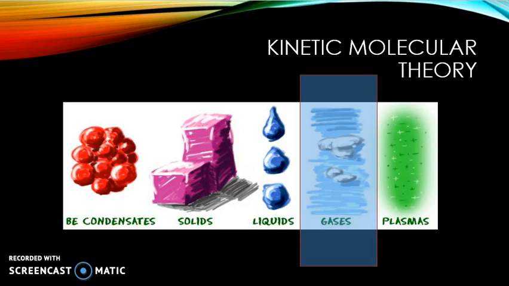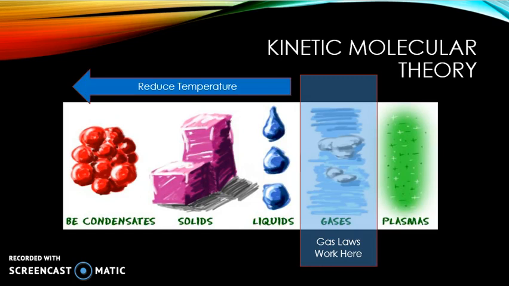Essentially, in this zone only, the gas laws will actually work. So under different sets of conditions, which we're going to call extreme conditions, the gas laws will fail to work. And this is all according to kinetic molecular theory. So there's a couple different ways that we can make a gas not a gas anymore. First of all, we can manipulate temperature. If we reduce the temperature enough, we'll slow the molecular motion down to the point where they will attract one another. Those intermolecular forces come back into play. And you could create a liquid or a solid, or, under really extreme conditions, a Bose-Einstein condensate.